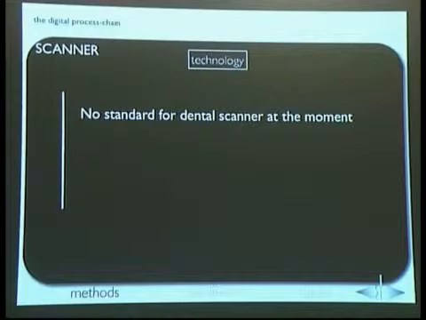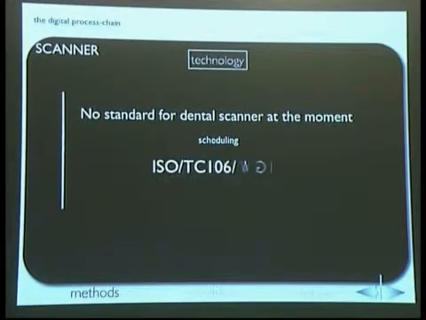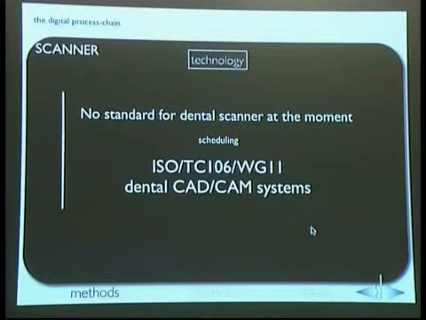So we have one huge problem in all the technology of measuring in the dental lab, that we have no standard for dental scanning systems. And this is our biggest problem at the moment. There is an ISO scheduled, it's now in work, but I think in the next 4 years you will see nothing on the market about this. So all manufacturers can do their tests, measuring the accuracy on their own, however they want. So you cannot compare the systems about accuracy. It's for us